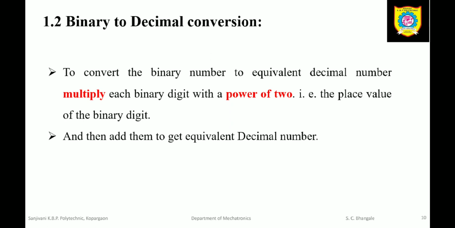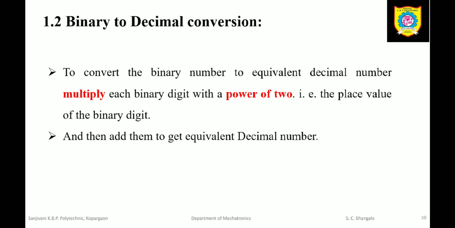Now we'll see the conversion, how we can convert the binary number system into decimal. As we have already seen, in binary the base or radix is 2, so we use only 2 symbols. The given problem has only 2 symbols. Which are these 2 symbols? Only 0 and 1. We have to convert these into the decimal number system. The base or radix of the decimal number system is 10, so we can use the digits 0 to 9, that means 10 symbols.